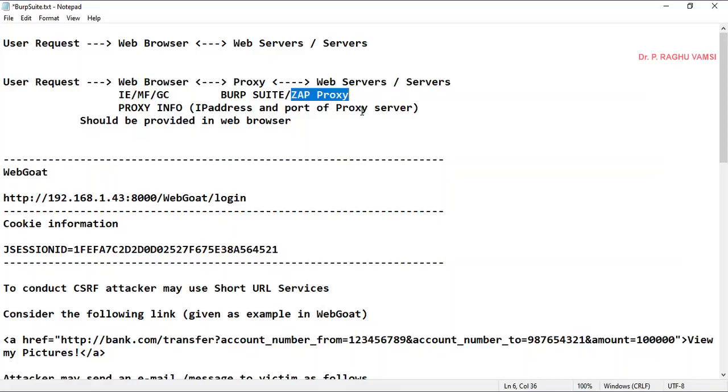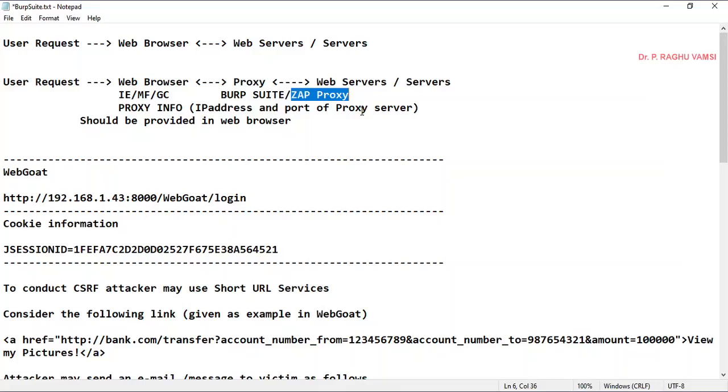We will see how to configure the Zap, how to configure the browser, how to check the request and response, and how to inject requests and responses via the Zap proxy. Once you get familiar with this, then we can start discussing the XML external entity attacks and injection attacks, because this injection will be done from the Zap proxy tool. So first of all, one must understand the working procedure of the Zap proxy and how to configure it with the web browser.